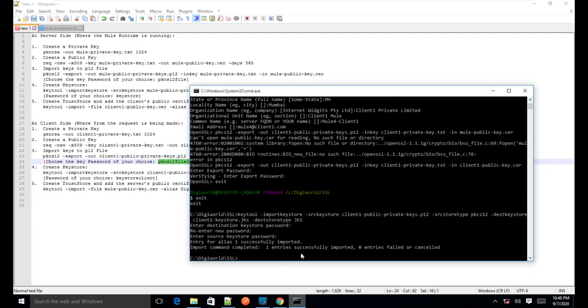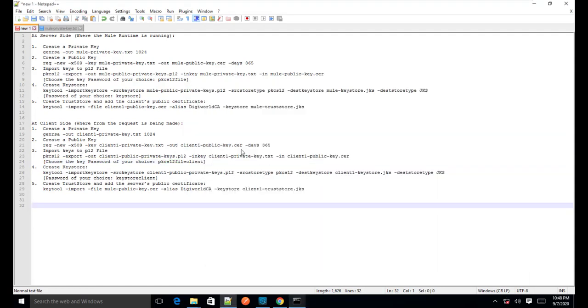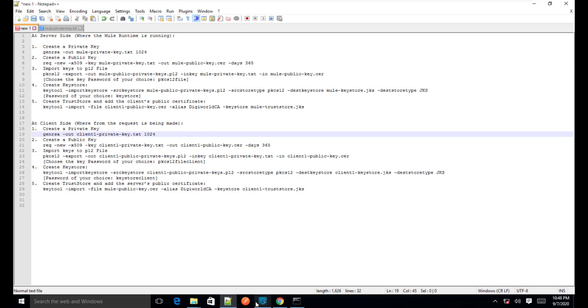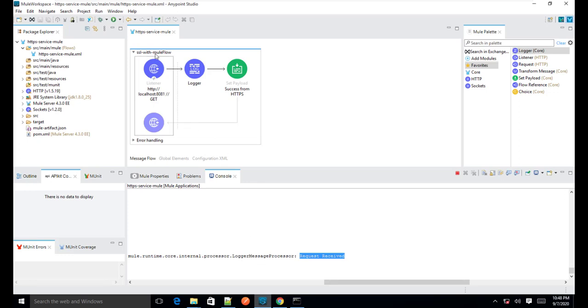Now as you can see, it has successfully imported the certificate. This is a self-signed certificate, so we are using the same thing. In this case only the client verified the server's digital certificate which was presented to the client during the secure communication. So now we will configure the trust store here.